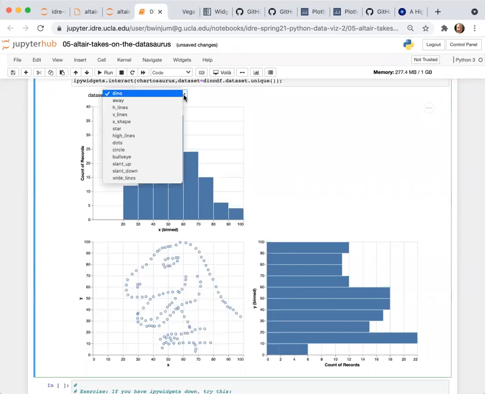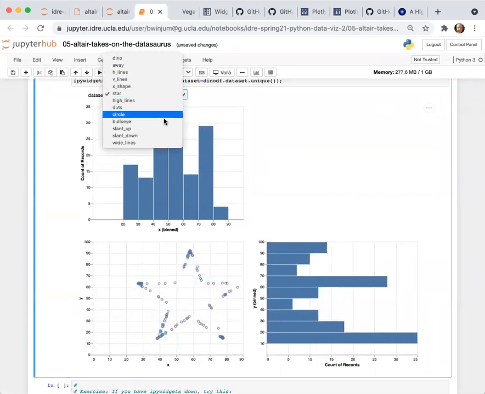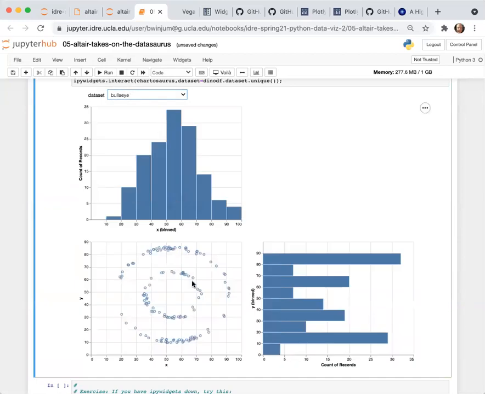now for any of the data sets. Now with this particular one, if we save this as an HTML, because it's linked with ipywidgets, this now would have to be linked to something which is running Python so it could execute the ipywidgets.